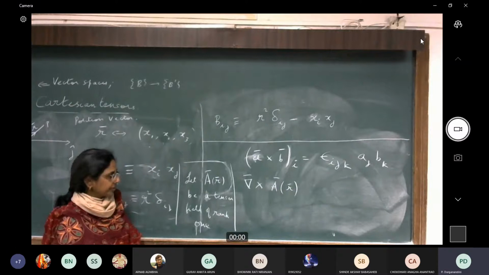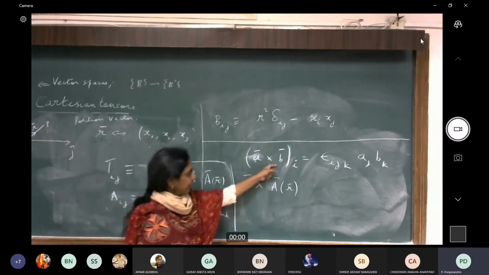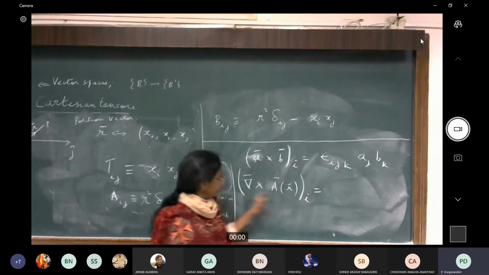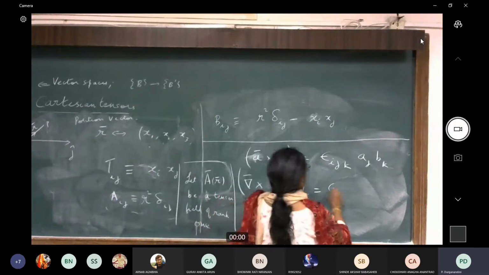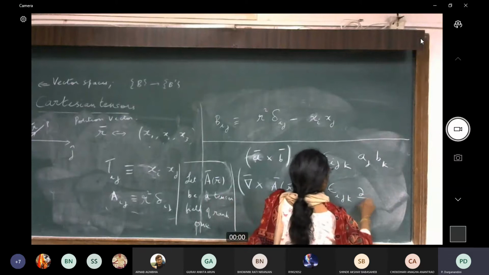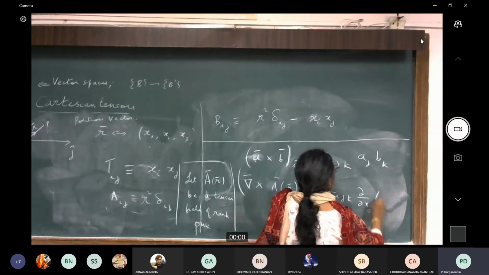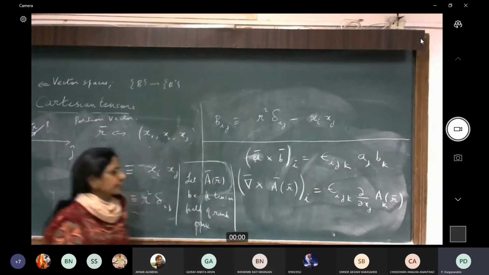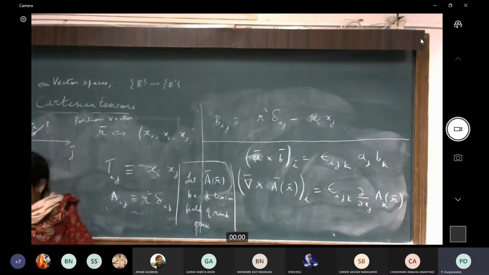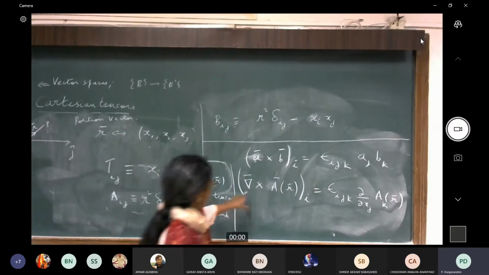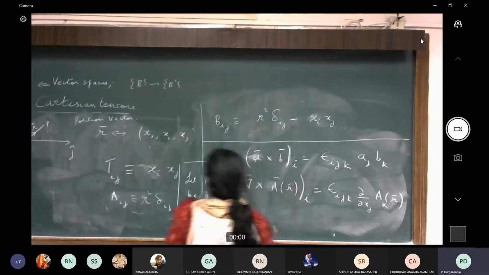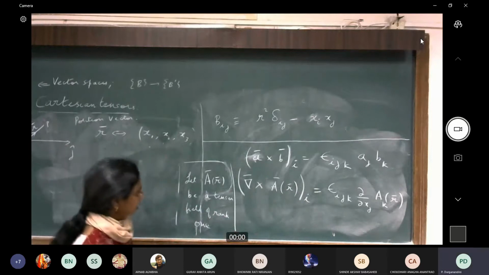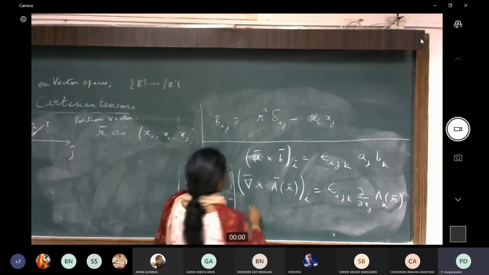All of you know how to take this. So this is exactly like this, and I use this compact way of writing it. So I can write the ith component of this object as epsilon ijk del by del xj Ak. Okay. So compactly I can write del cross A in this fashion. So again, it's very straightforward. You can see that if I take del cross A,